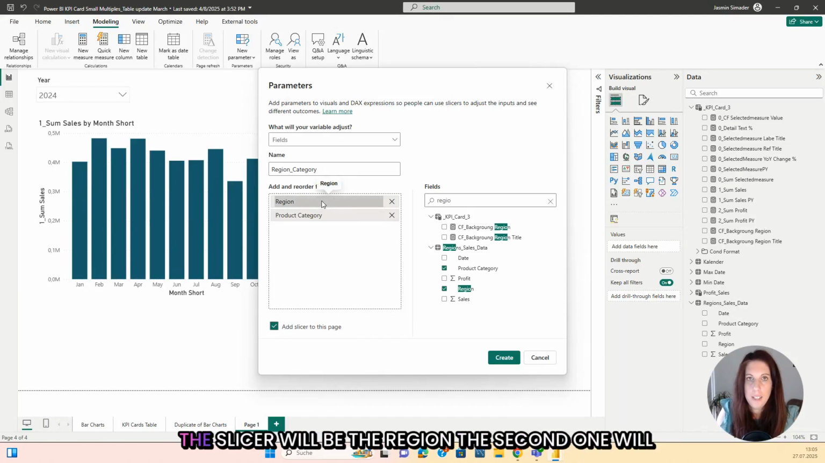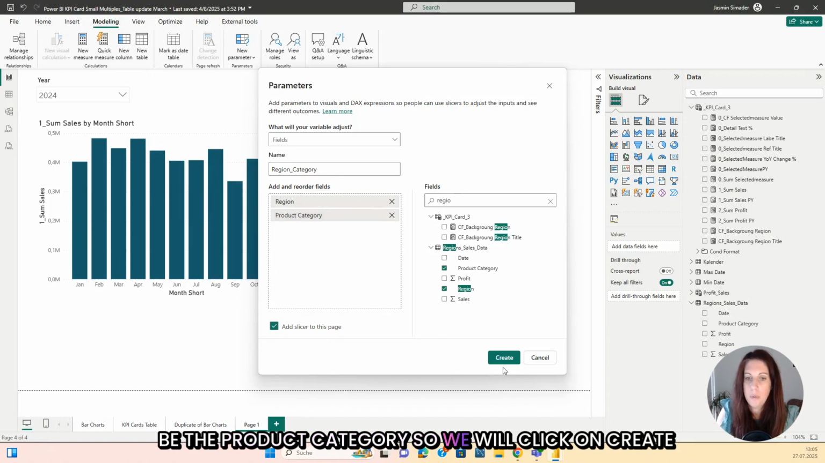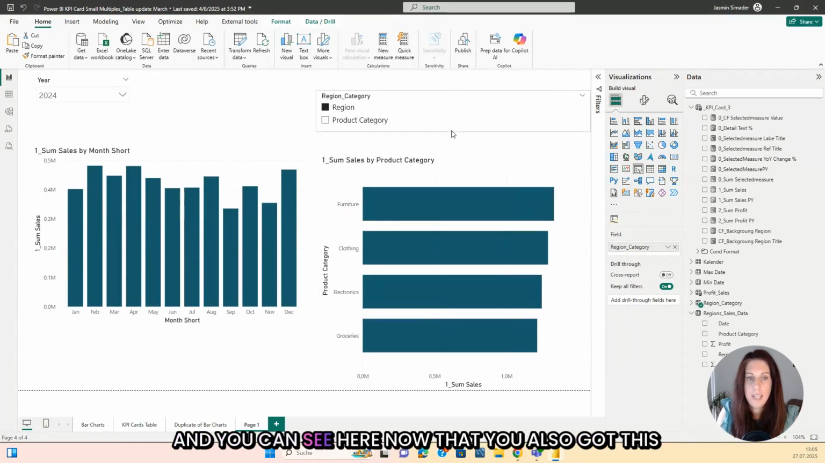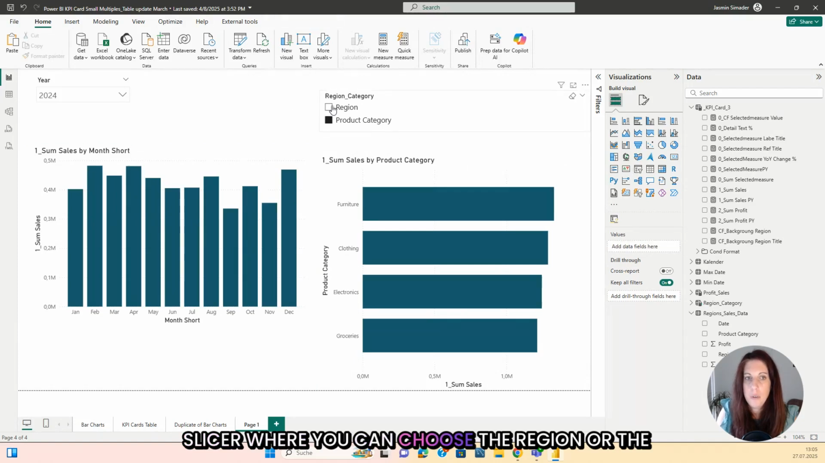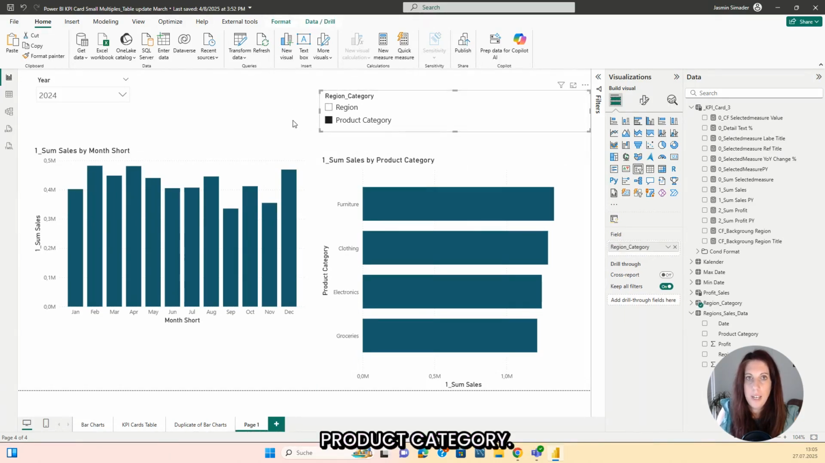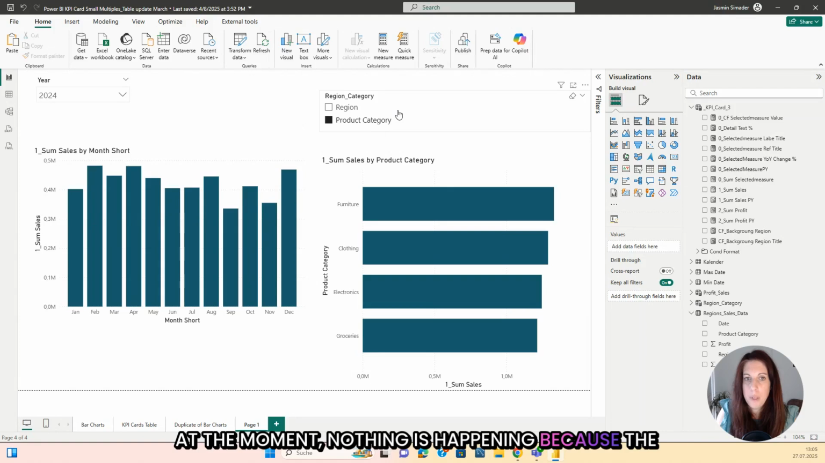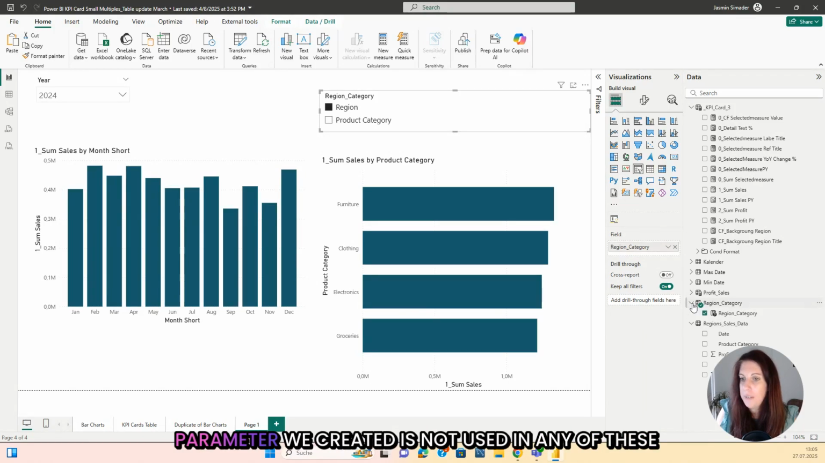And the first field in the slicer will be the region. The second one will be the product category. So we will click on create. And you can see here now that you also got this slicer where you can choose the region or the product category. At the moment, nothing is happening because the parameter we created is not used in any of these